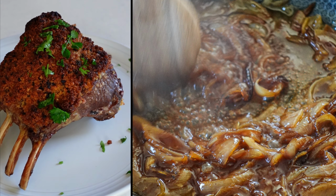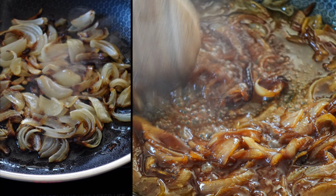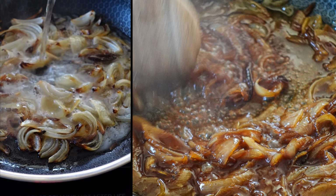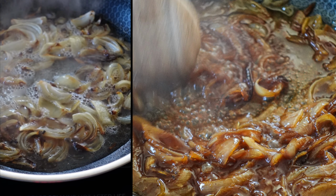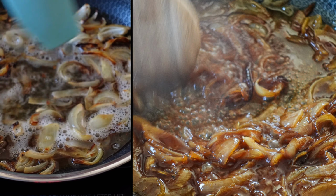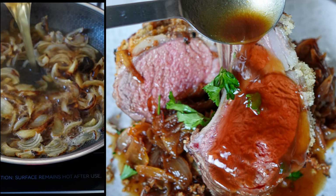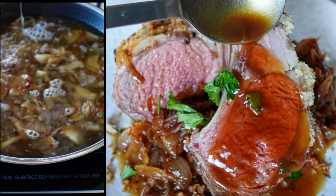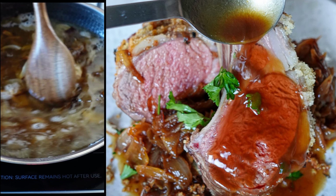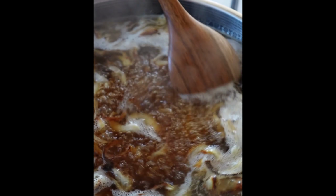So it's fun to take this recipe a step further, and you can rest the rack of lamb while making the sauce. To the pan the roasted onions are in, add it to a burner on medium-high and add in some wine. You want to use a dry white wine. Bring this mixture to a boil for about a minute and then add in some stock and stir regularly and bring up to a boil and keep it there for about 5 to 10 minutes until the liquid reduces in